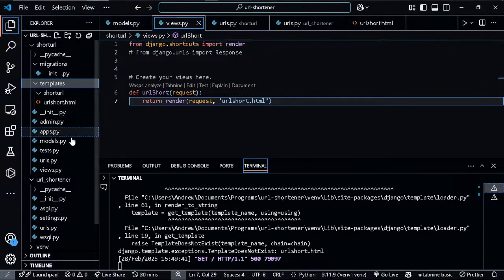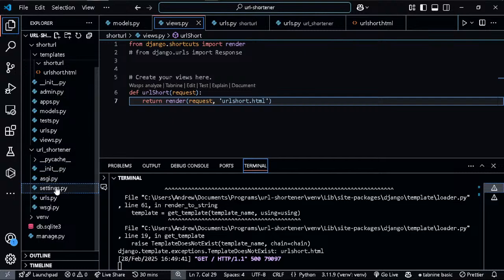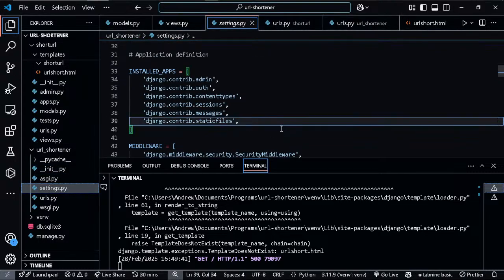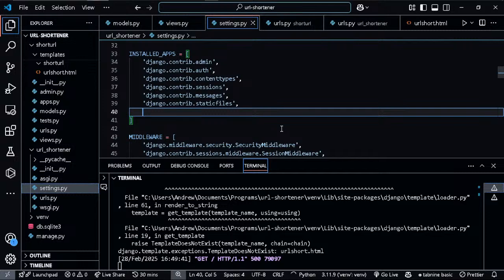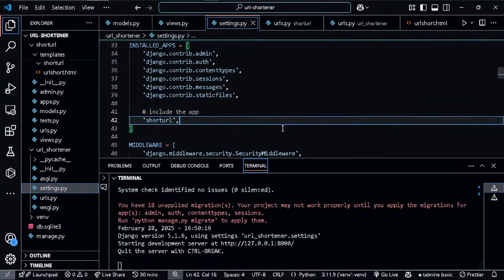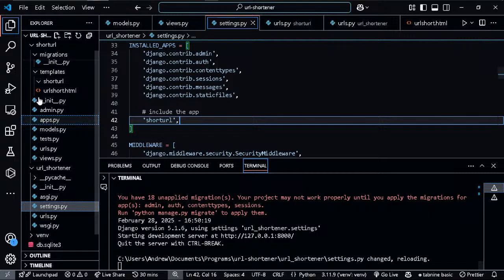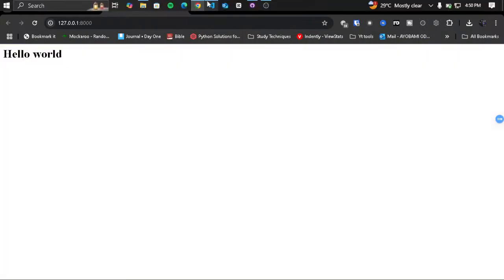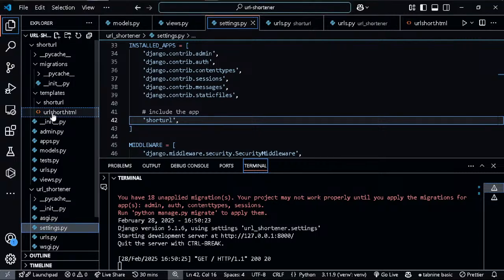When we install an app, we have to go to the settings.py and make sure that this app is added to the installed apps here. So I just comment here and say installed apps, and we have the short URLs app here, right? So this should work quite all right now. Yes, hello world. So I can just return this back to the way it was before, back into this folder,